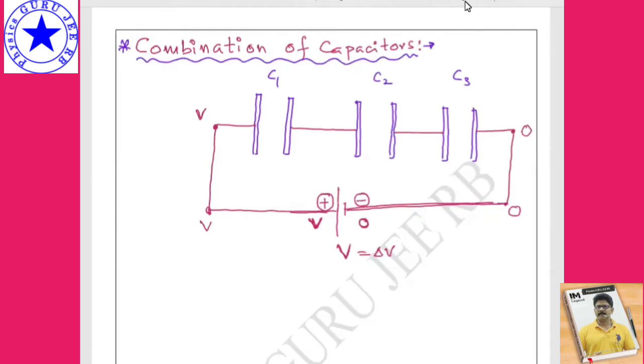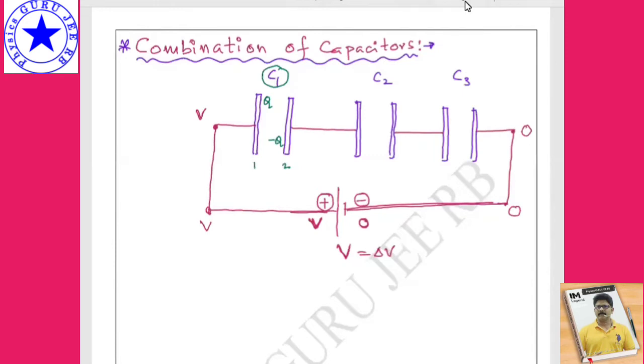Due to this potential, first a charge is developed on it. Let me take here a plus Q. Inside a charge, if I take Q, here it is nothing but a minus Q, right? One inside plate is plus Q. That is the first plate. Q means minus Q. Just now we discussed the charge distribution, right? In charge distribution, inside inner plate of the first plate, this is the first plate, second plate. Inner plate of the first plate is a charge Q.